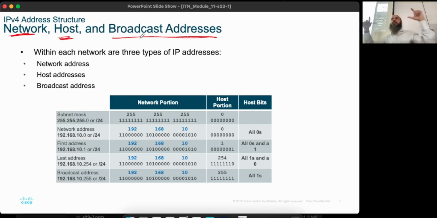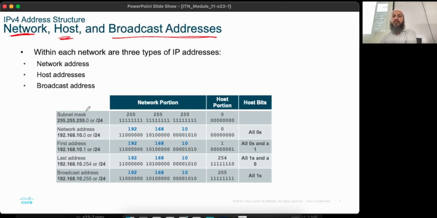Say this again. You have an IP address 192.168.10.10. It's the host IP address, so that's the address of the host. You've used this many times up until now. If you take the host portion and convert it into zeros, that's the network address. All zeros in the host portion is the network address. If you take the host portion and convert just the host bits all to ones, you get the broadcast address. Zeros gives you the network address, ones gives you the broadcast address. We'll see what they do later on, but for now, this is what we have.